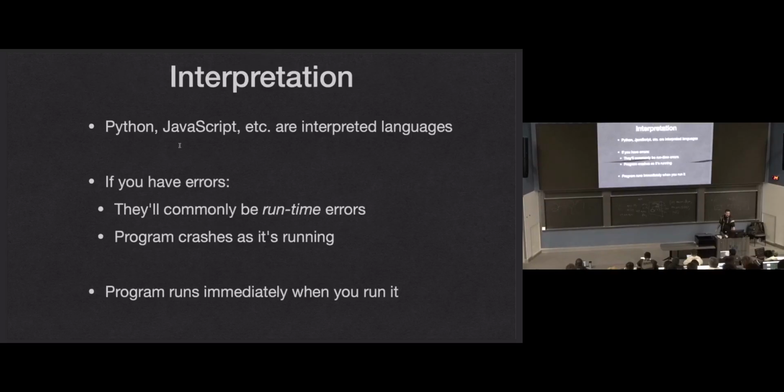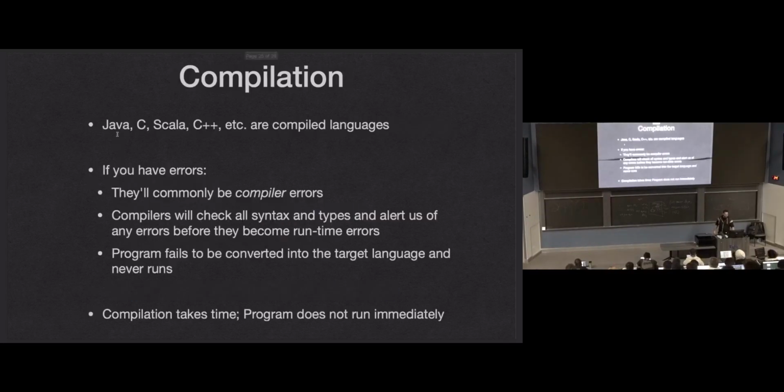Python and JavaScript are interpreted. This means if you have errors, they're usually runtime errors because it just jumps in and runs your code until something wrong happens, and it just says, I can't do this. When you run your program, it'll run immediately. Java, among other languages, are compiled languages, meaning it's translated into another language before it's executed. So you have compiler errors. The compiler, when it's trying to translate into another language, will have errors and let you know right away